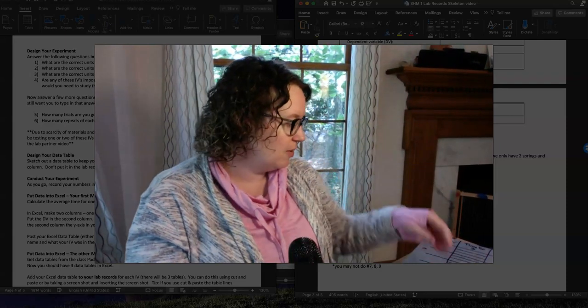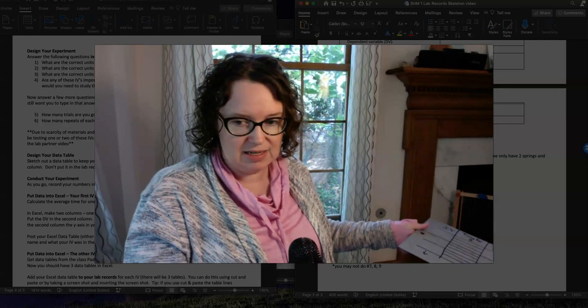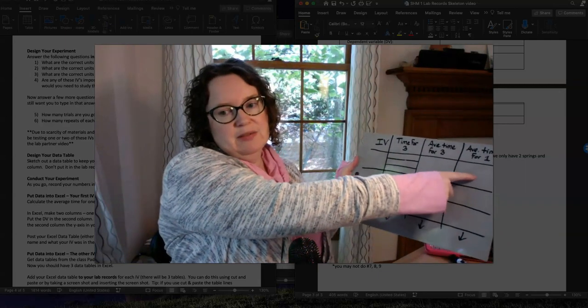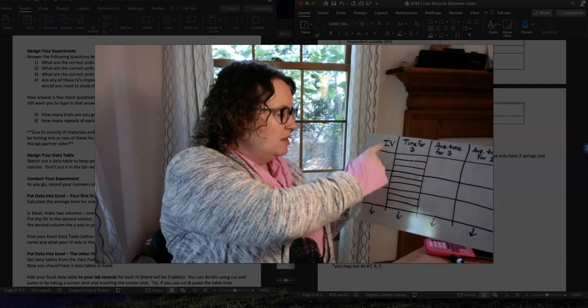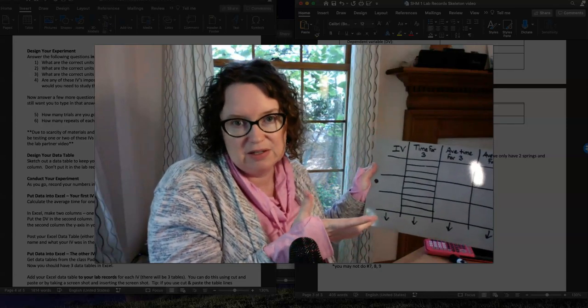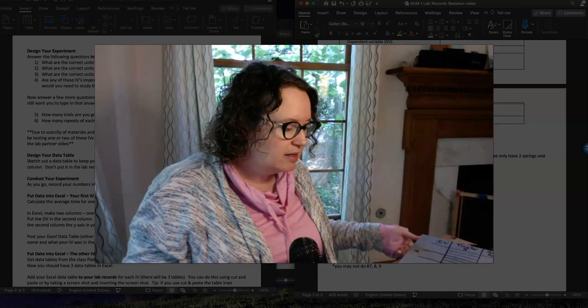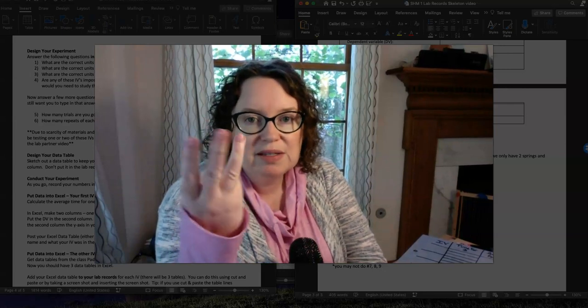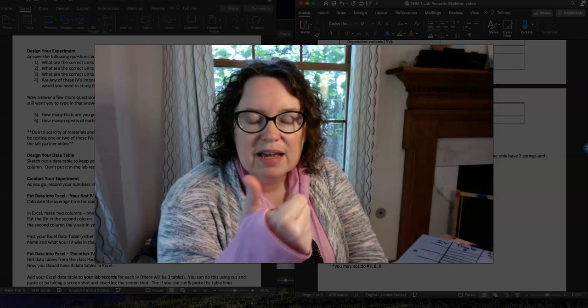And then I would write down those 3 times in my data table here, average them, and then divide by 3 to get the average time for 1. This column here, and this last column here, are the columns that I will enter into Excel. So the way I did the data taking, again, finding 3 periods instead of 1, is because the longer